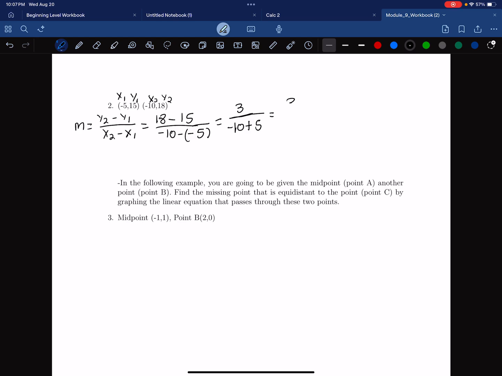So we have 3 over negative 10 plus 5. That becomes a negative 5. So negative 3/5 is our answer, or that's our slope. And then our midpoint,